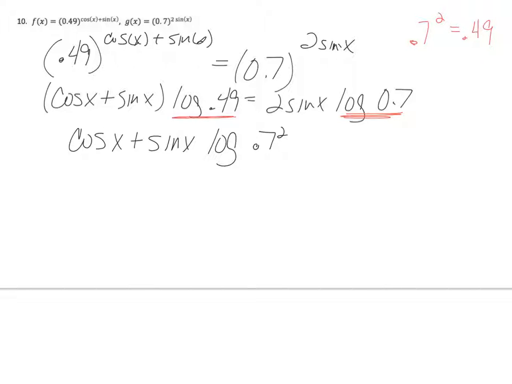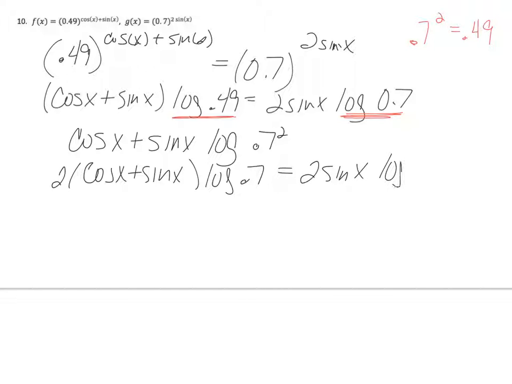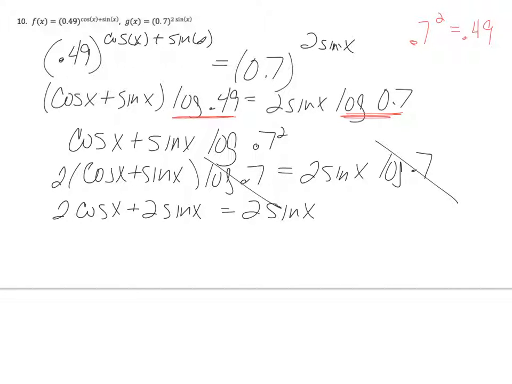So I just changed 0.49 to 0.7 squared, which means I can take a 2 out here. Equals 2 sine x times log of 0.7. So that's nice. I sort of have the things on both sides. So I can actually divide both sides by log 0.7, which is super awesome. Distribute this 2. Then